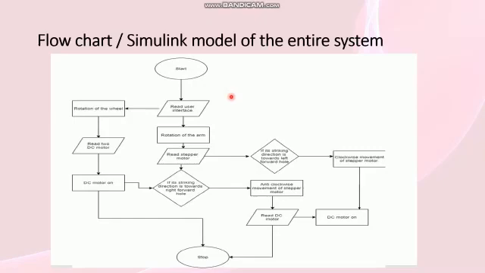Hello everyone, next we'll see the flowchart of the entire system. So this is the start and this is the read user interface through Bluetooth module, and if you press the rotation of the wheel then it will read the DC motor, that is the 2 DC motor code, and the DC motor gets turned on. So basically the two wheels get started.